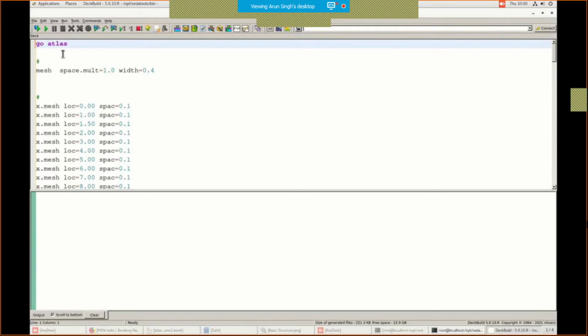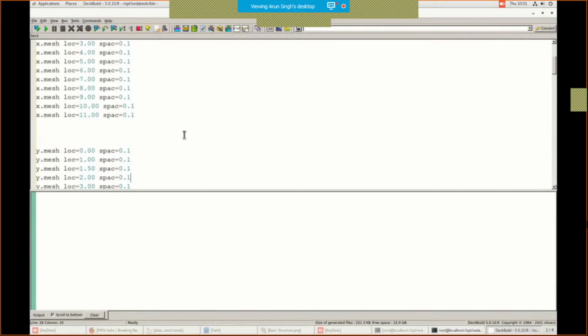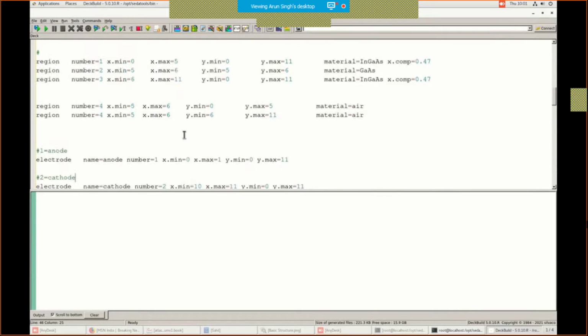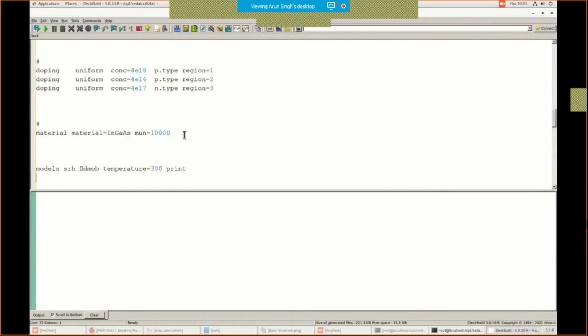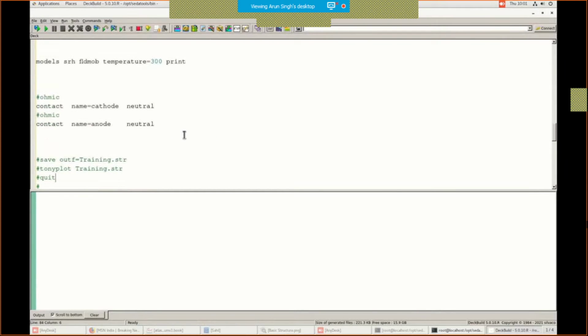First I will be telling you about the basic files which are used in Silvaco. There are three types of file: .in file, .str file, and .log file. The .in file is basically the editable file. This is the editor file, like .txt. This is the main file in which they will be creating the .str and .log files. The .str file is basically the structure file.